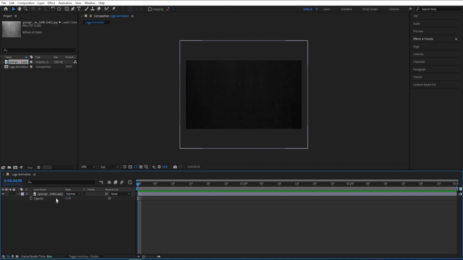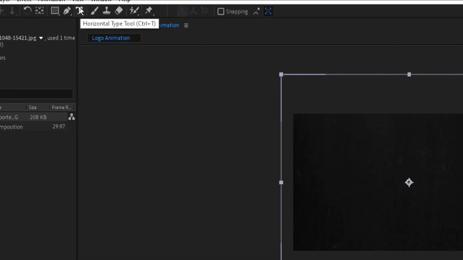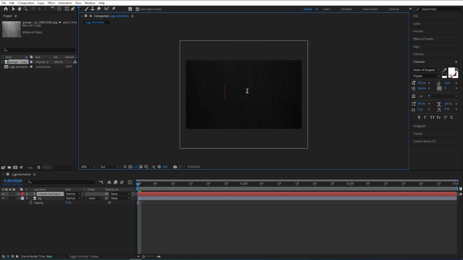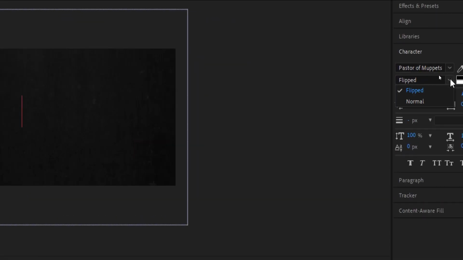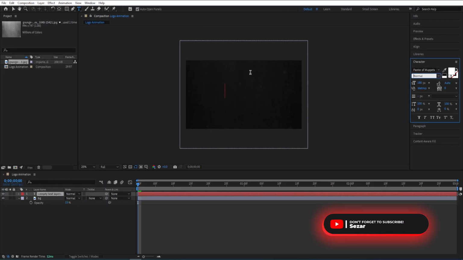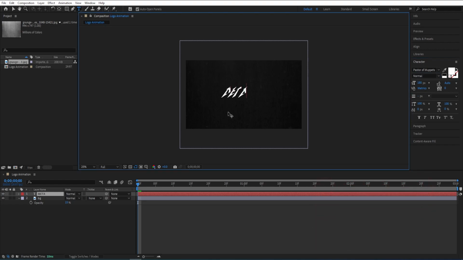So we will have a background like that, and we will click on the layer, hit enter and rename this to BG for background. Now we will select text tool over here and type in our text. So we will be using this font called Pastor of Muppets. We will change this to normal. So, and we will type in our text,